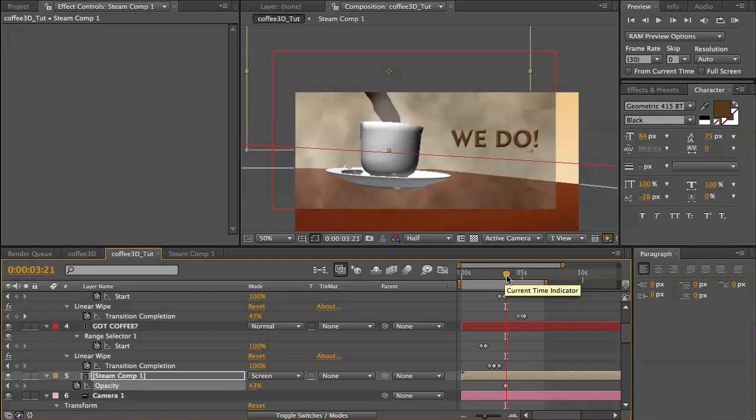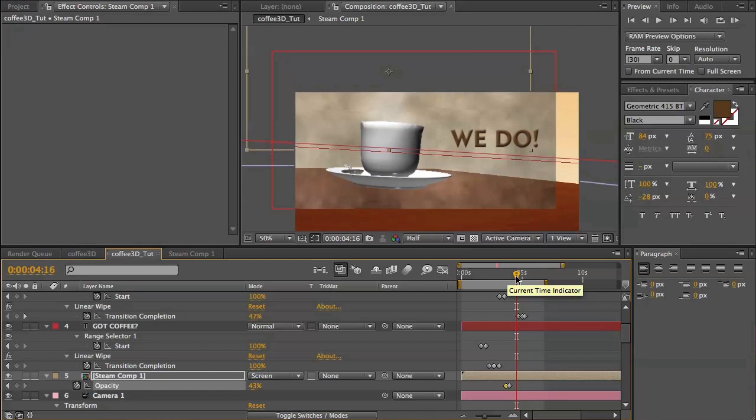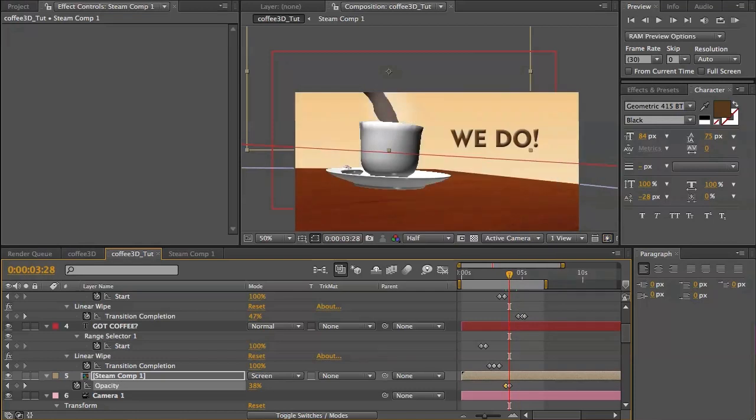Actually, we'll move the 43 out and set the opacity down to 0. So right as it starts to pour, the steam starts to come up. Now you've got the steam going. And let's also keyframe the position. So hit P to bring up the position. Click your stopwatch, and